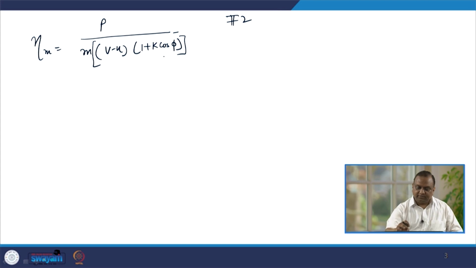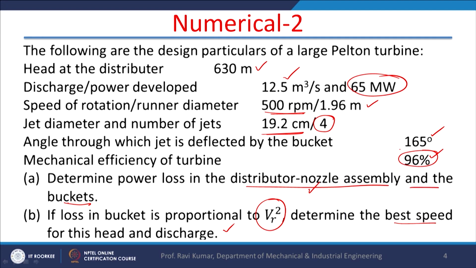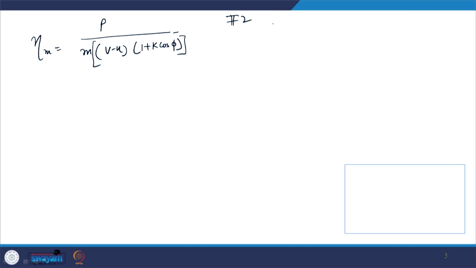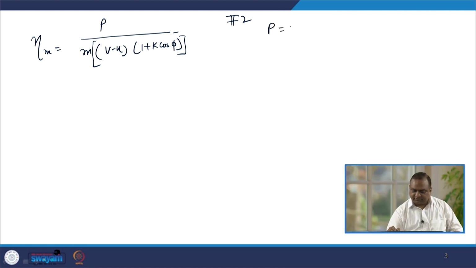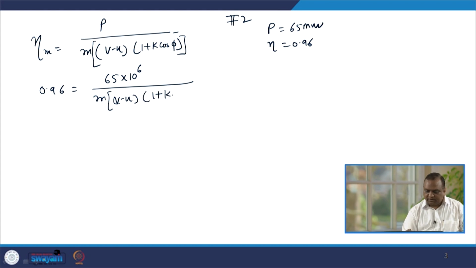Now, here mechanical efficiency is 96% and power is 65 megawatt. So, power is 65 megawatt and mechanical efficiency is 0.96. So, 0.96 is equal to 65 into 10 to power 6 watts, since megawatt means 10 to power 6 watts, divided by mass flow rate (V minus U)(1 plus k cos phi)